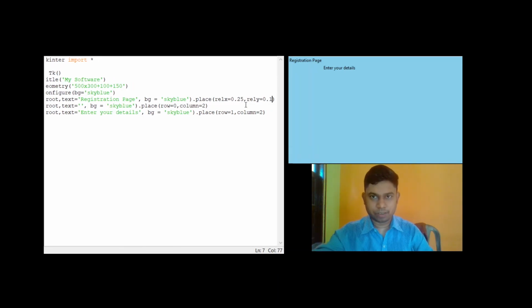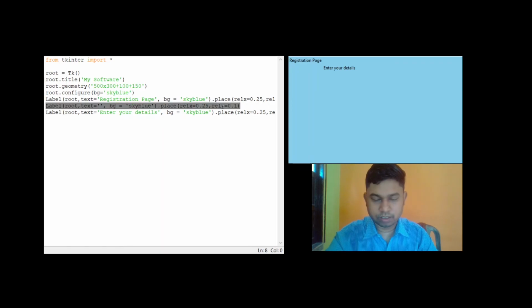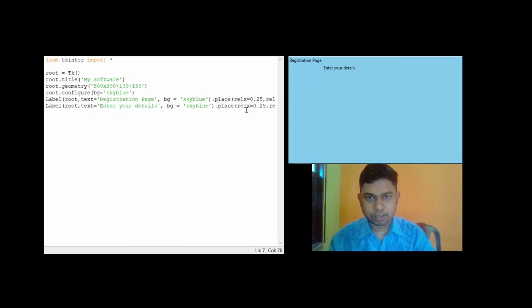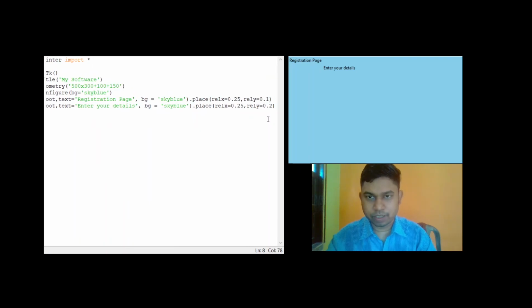So 10% from the vertical and 25% from the horizontal, and I'll just copy this for the remaining lines, and in fact I don't need this in the place method. I can add as many spaces as I wish. So here I would just increase the Y set 20%.